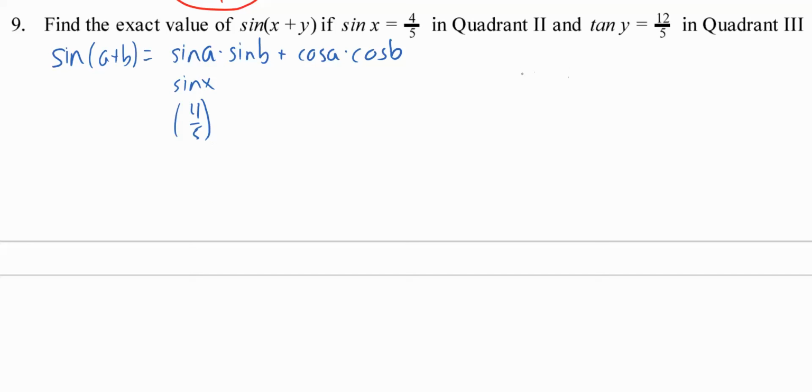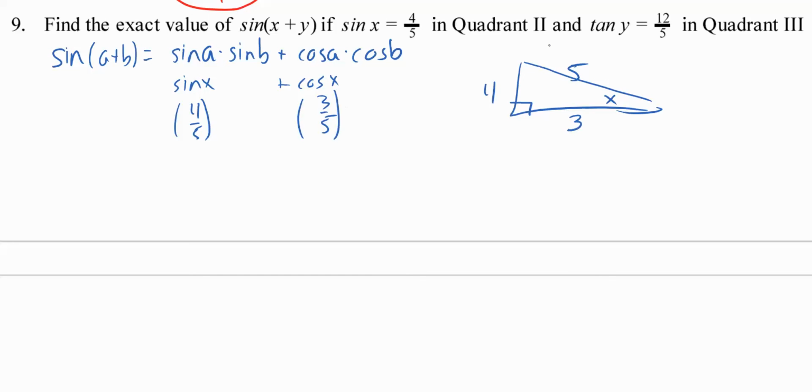And if we draw a triangle, and the sine of x is 4/5, we can use the Pythagorean theorem to show that the cosine of x is 3/5. Now it's in quadrant 2, and cosine is negative there, so it's going to be a negative 3/5. And now let's look for